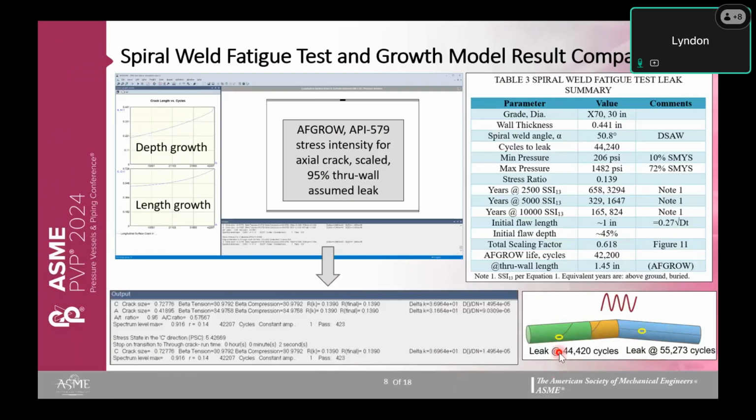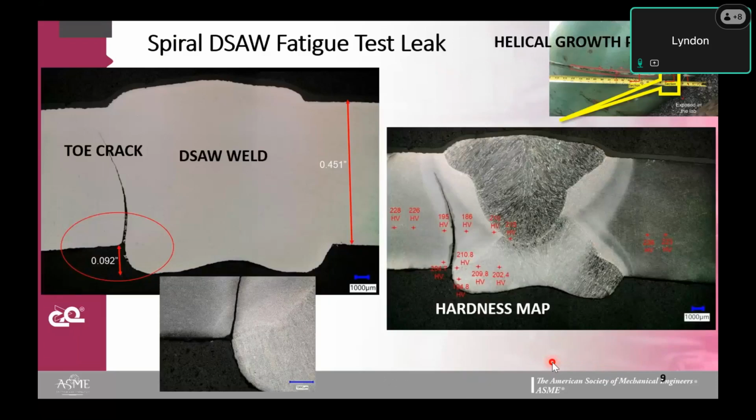So the question might come up in your mind: if the principal stress is the hoop stress, which it is, why wouldn't this crack turn and grow in a longitudinal plane, which should be normal to the hoop stress? And that's what I would expect. But you've got to keep in mind, this is a DSAW weld, a double submerged arc weld, and this is the shape of the weld. And so what you've got here is a toe crack that starts here,